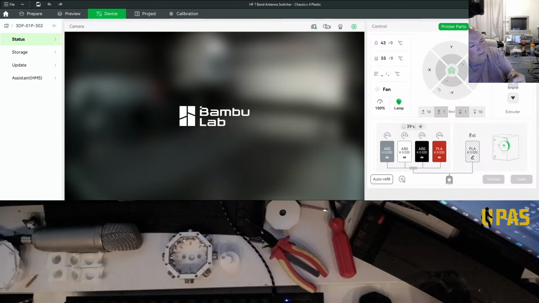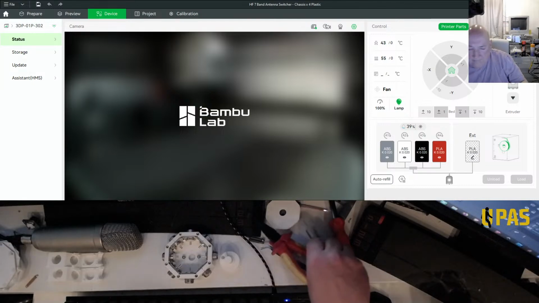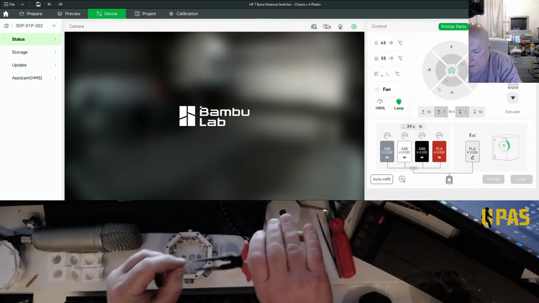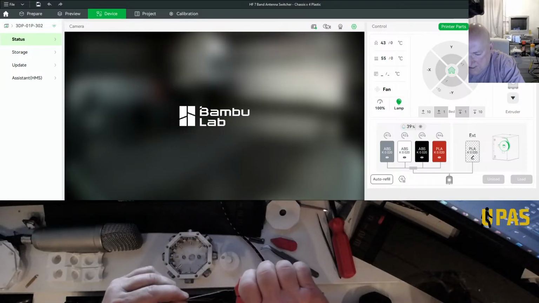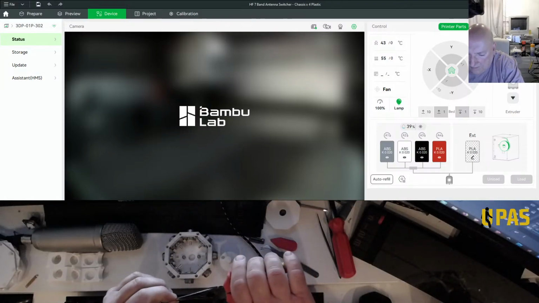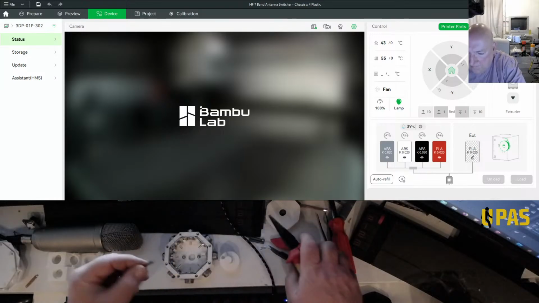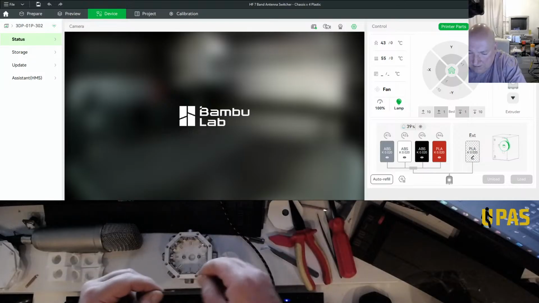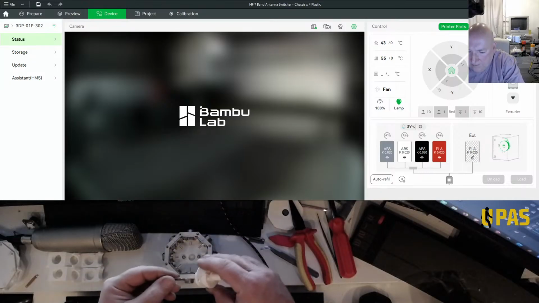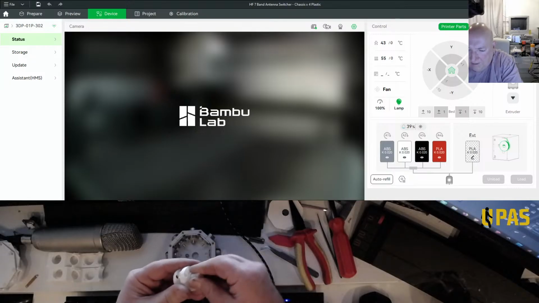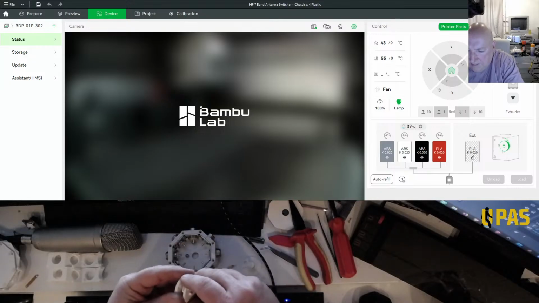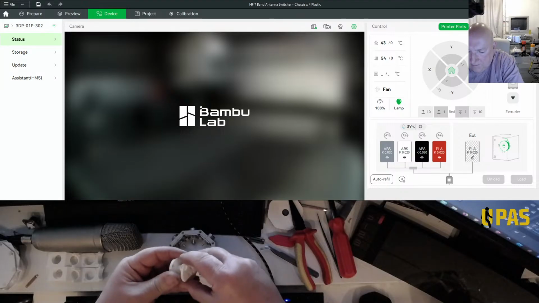Why have I got a weird looking thing that's sticking out here now? It's just a bit of... Right, so I just need to straighten that up. Of course I'm dropping the stuff all over the place again. Right, so I'm just going to straighten the contact up there because this is the little copper strip, I need it to be flat. Yeah, so it's just flat now. Right, let's see if we can get it in. Probably best to disassemble this again, just to get it in. It's easier to get the contact strip while it's in bits.